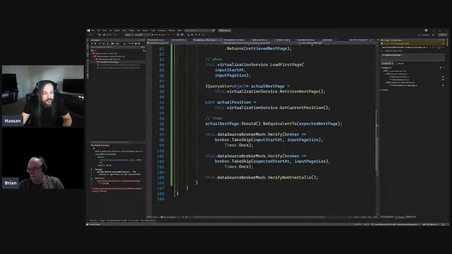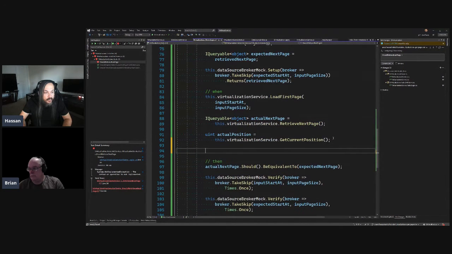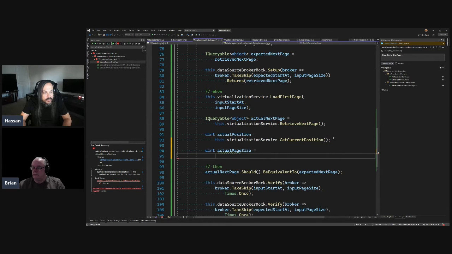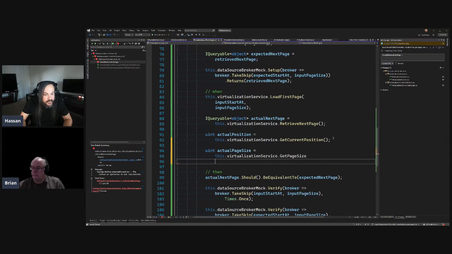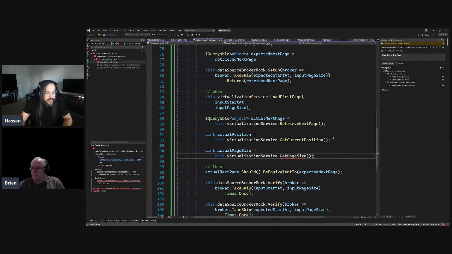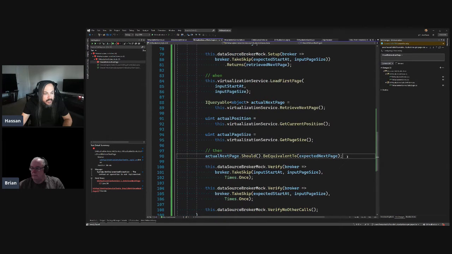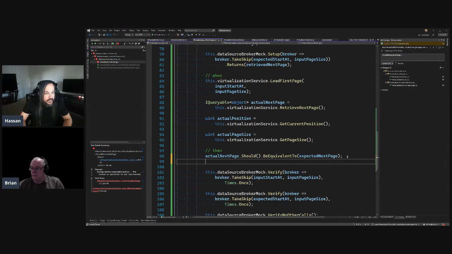And I'm gonna go down here and do the same thing. I want to make sure that this function is not doing anything, this actual page size equal this dot virtualization service dot get page size like this,